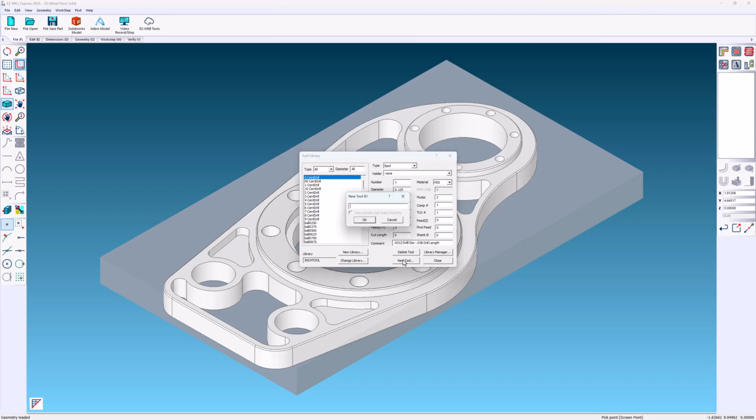I will add a 1/2 inch end mill. To do this, pick Flat in the drop-down for the type of tool. If you have a dedicated tool in your carousel, assign that number here. In most cases, the comp number will be the same. Set the tool diameter,